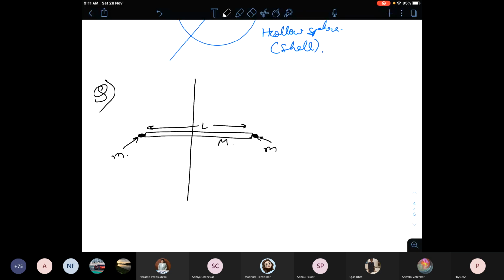They are connected at the ends of the rod, and the rod is being rotated about its center of